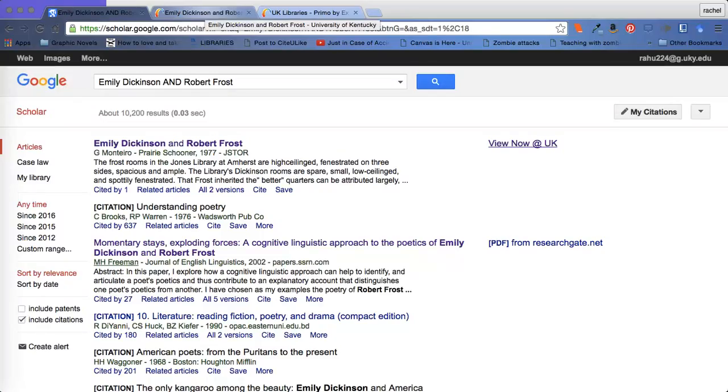The nice thing about having the library catalog feature enabled is that I can check to see if something is peer-reviewed through the library catalog. This is a bit of a problem with Google Scholar because not everything in its contents is going to be scholarly or peer-reviewed. To determine if an article is peer-reviewed, such as this one, I can click the View Now